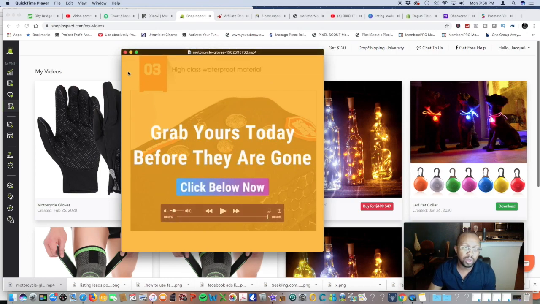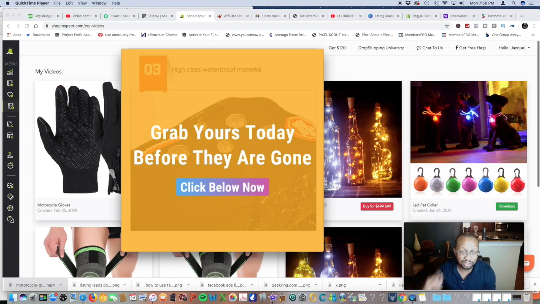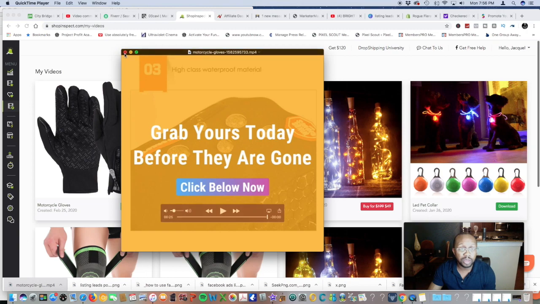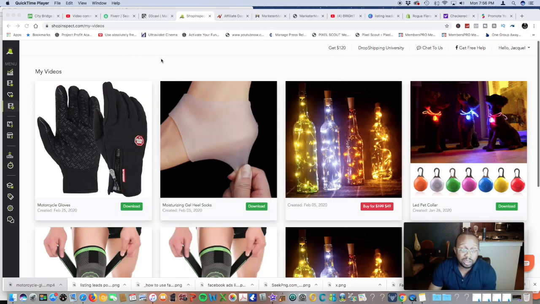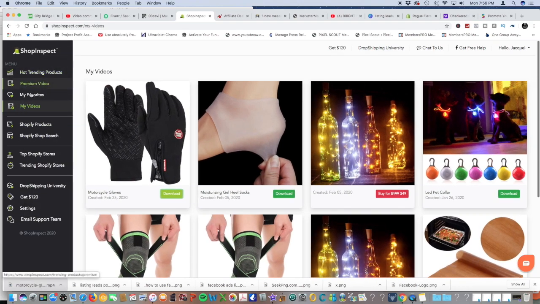Cool, right? So it's really that simple and easy for you guys to do. It's very clean. It's simple. It's straight to the point. It shows the images at very high quality as well. So definitely use that for your Facebook ads and test it out and see how it works. But great software. Then it also has, let's see,